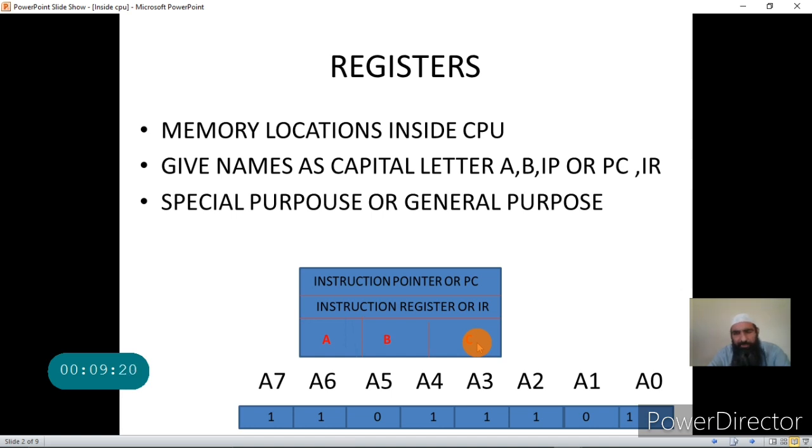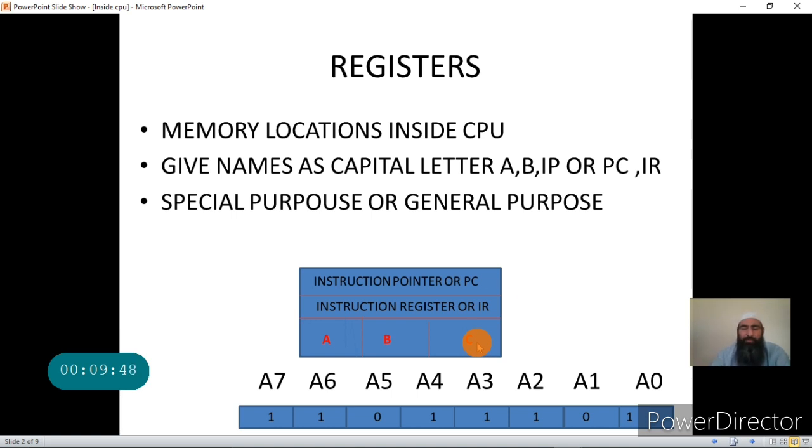Special purpose registers have specific function, whereas general purpose registers can be used for storing the results or operands for different arithmetic instructions or other purposes. But some registers have a specific purpose. They cannot be used for anything else other than that function.